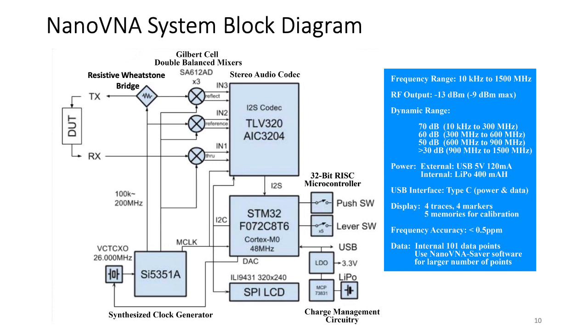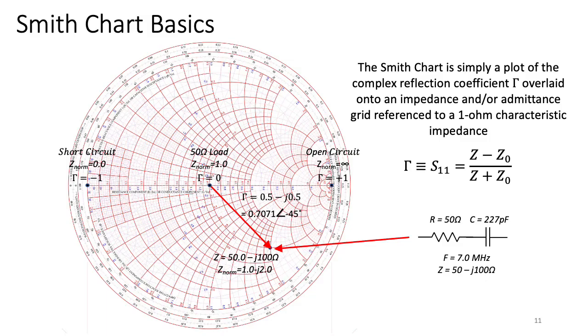It has the advantage of simplicity and low cost, but it has a disadvantage in that the dynamic range is going to be tailing off at higher frequencies due to the fact that the synthesizer generator is basically working on its harmonic content. Let's talk a little bit about the Smith chart, as it'll become useful later when we talk about